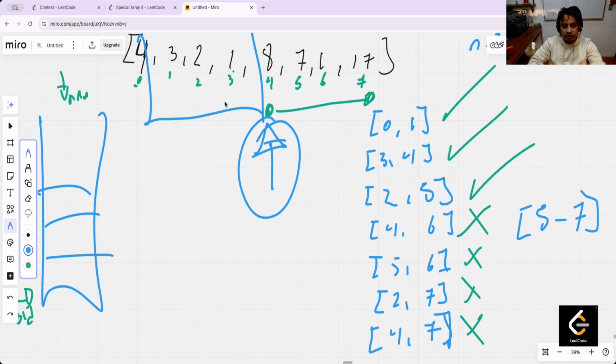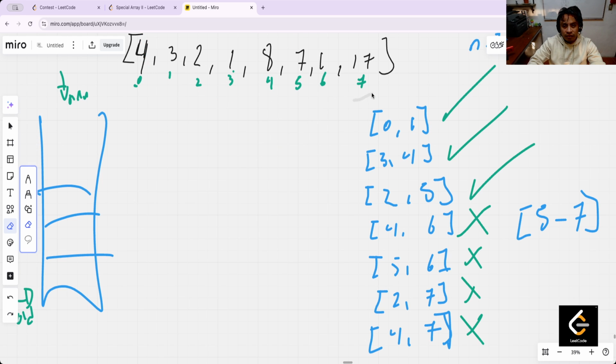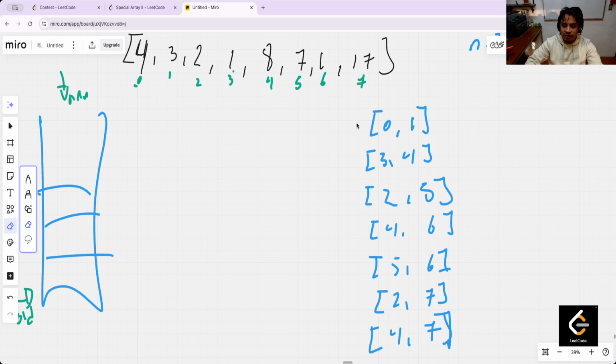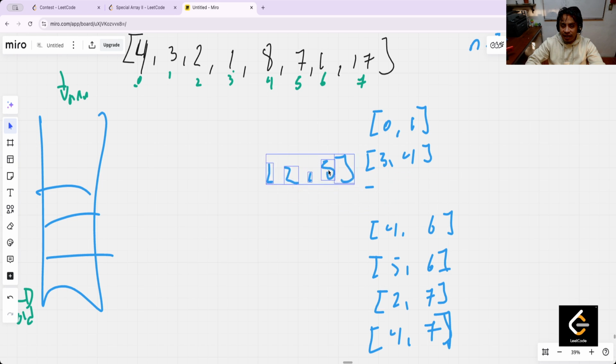But this is sorted by the finish. Okay, if I sort by the start and the end,